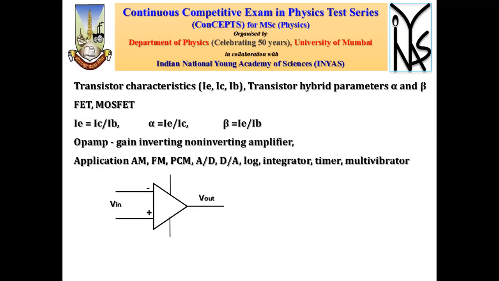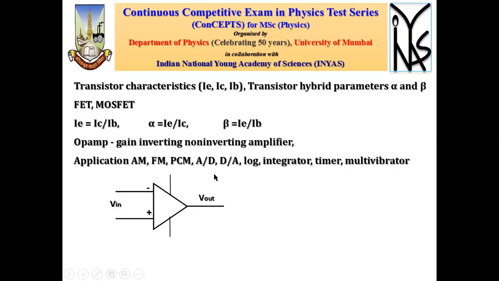And in some questions I have seen that they have just changed the names alpha and beta. They have exchanged the names alpha and beta, and then said that beta is IE upon IC and alpha is IE upon IB, and now you find out the relation between alpha and beta. That's why I told you that you have to read words, not the sentences. Even though we practice what alpha and beta are, sometimes you can be tricked in the exam, and then it will become difficult to guess the answer. So alpha by definition is IE upon IC, beta is IE upon IB, but we have to be careful.